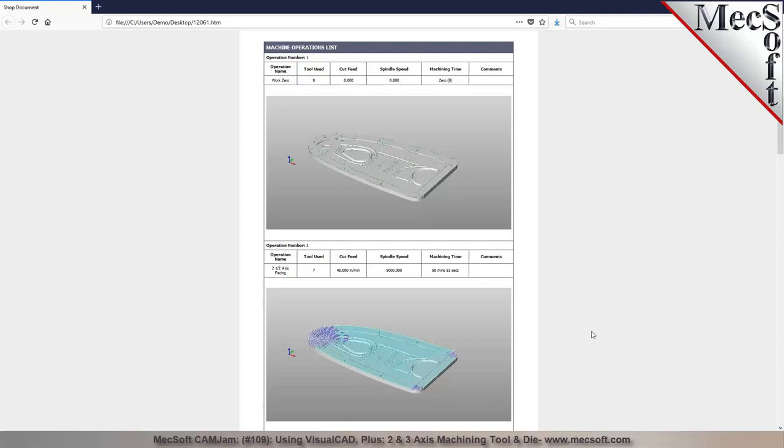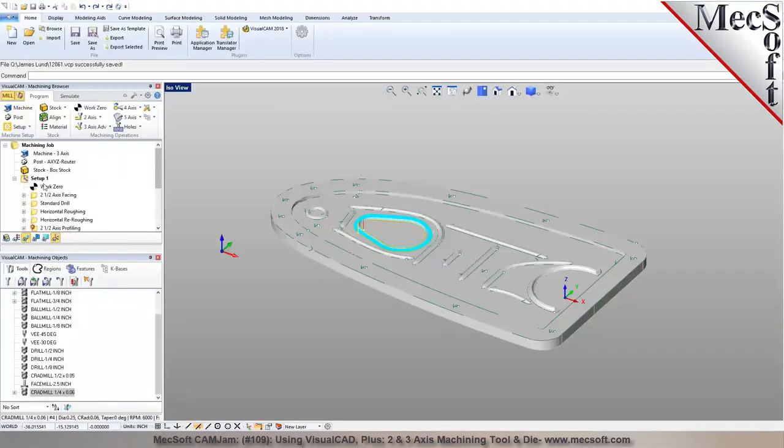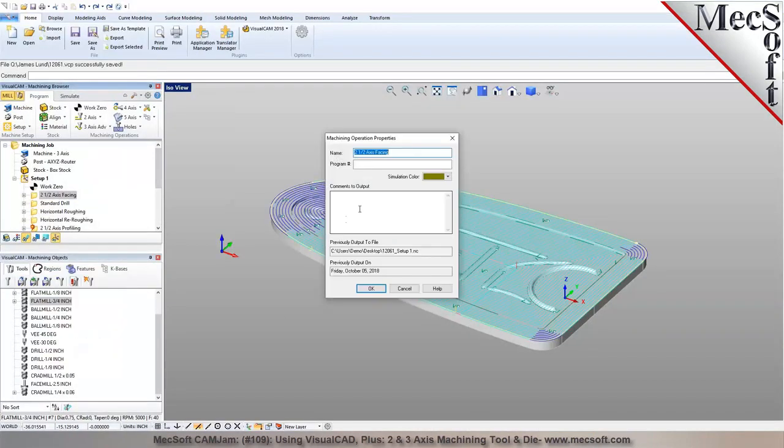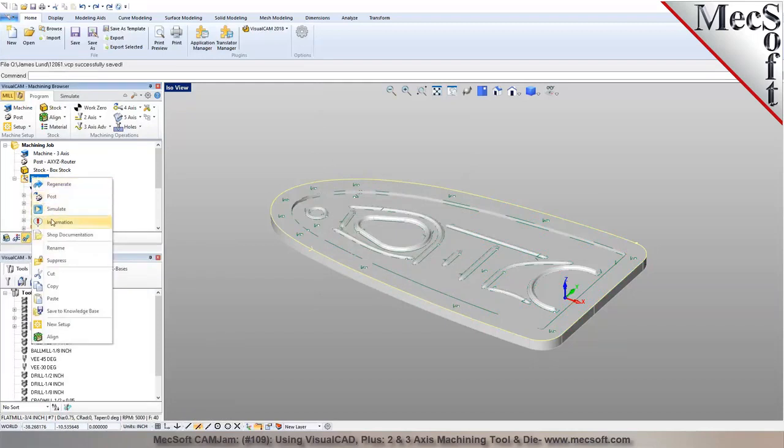Okay, and can I put in my own comments before we generate this shop document? Yes. If you go into the operation, right click on an operation and go to properties, you can type in a comment here. So, use carbide, or zero out at southwest corner. So if I put this in here, when I do a shop doc,